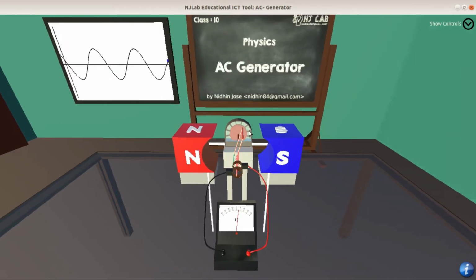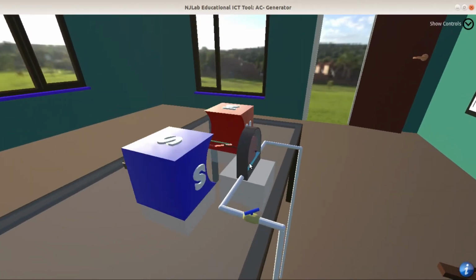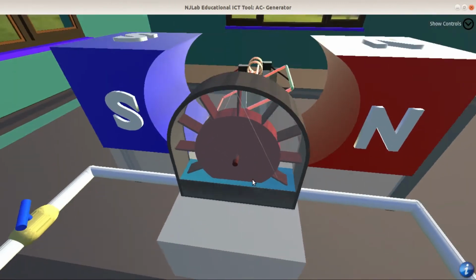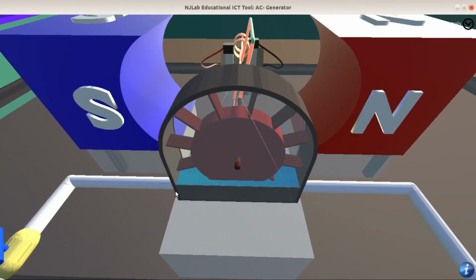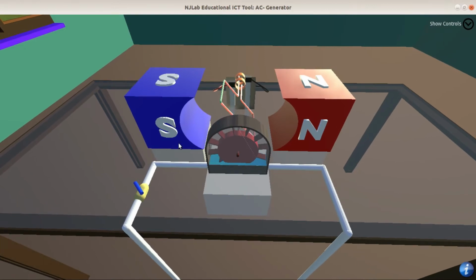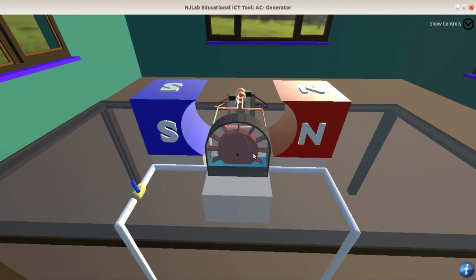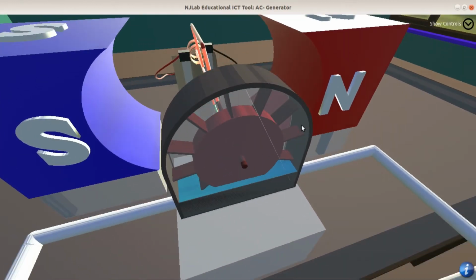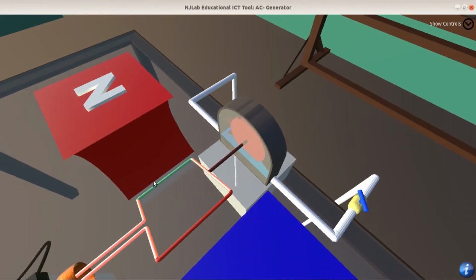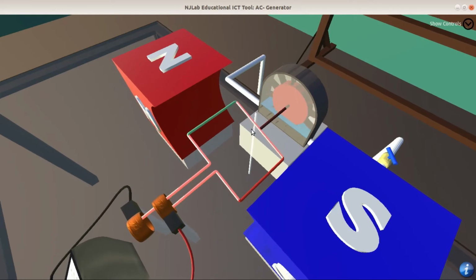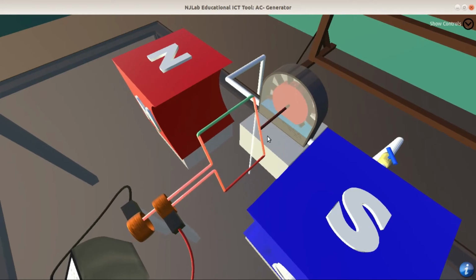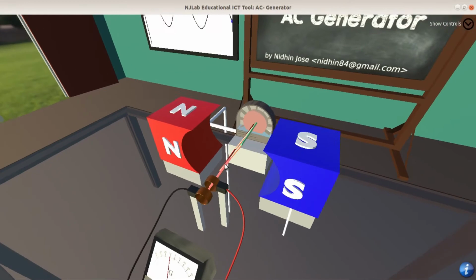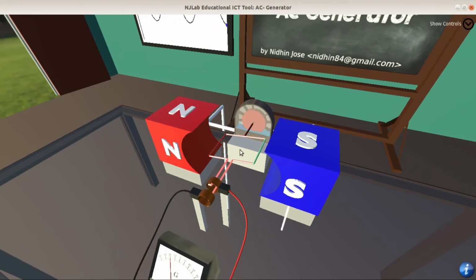Here you can see a water wheel. Water is flowing through this pipe. Because of that, the wheel is rotating. An armature is attached to the water wheel. It will rotate the armature.